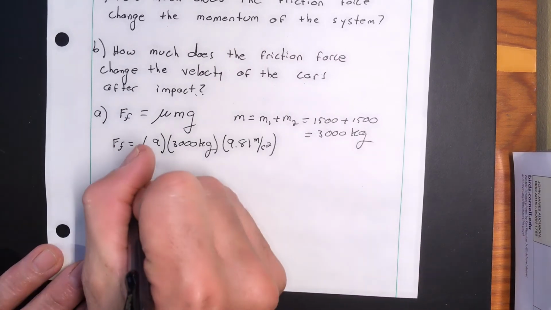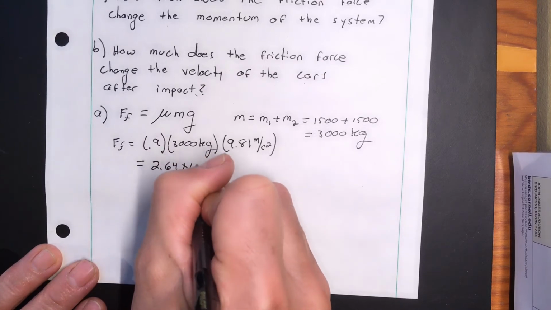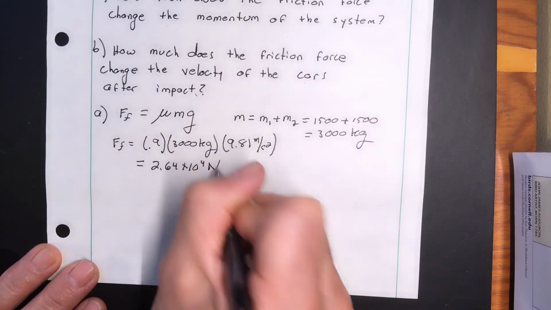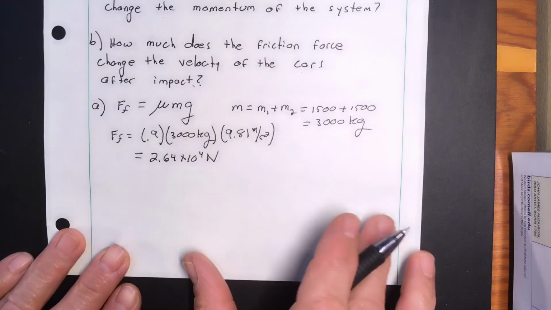And that gives us 2.64 times 10 to the 4th newtons. Okay, so how does that translate into a change of momentum? All right, well, remember from the last problem,